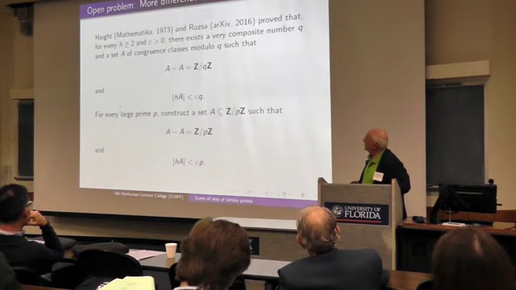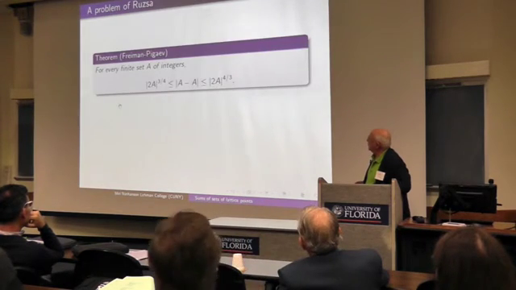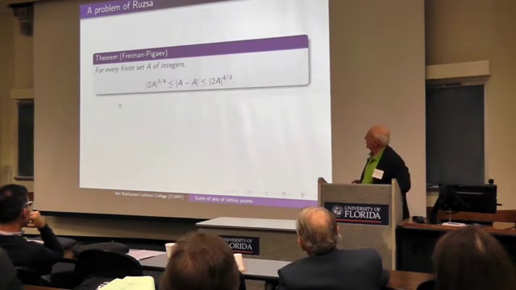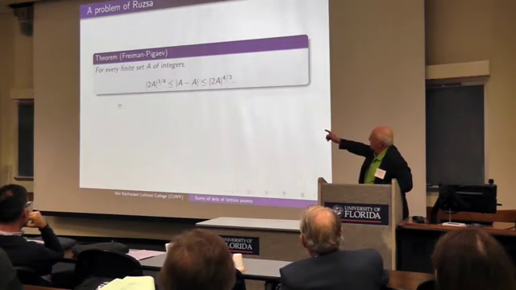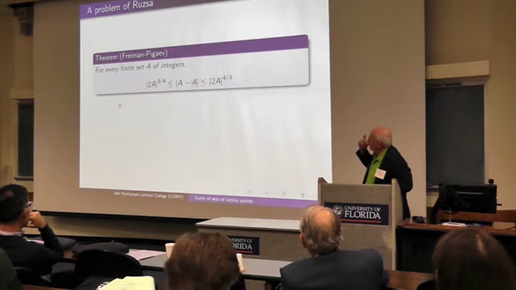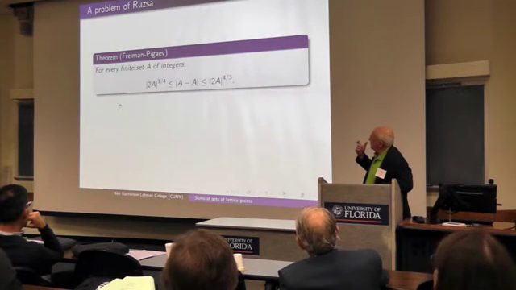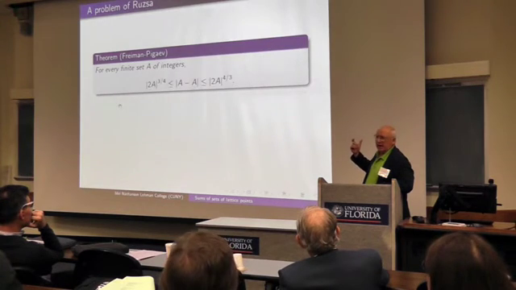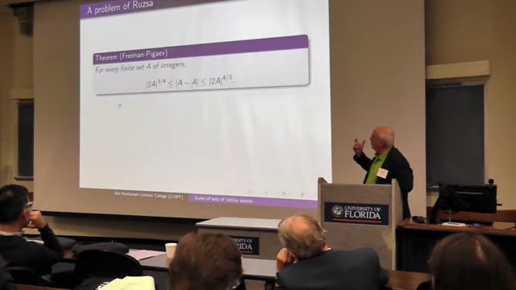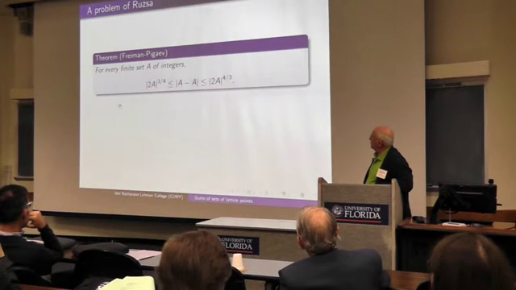And so Ruzsa actually also in January of this year put a preprint up on arXiv on exactly the subject. I just mention this because it's related. It's very interesting. It's complicated, but the difference set and the sum set, you can have a smaller difference set than sum set or a smaller sum set than difference set, but the differences can't be too big. And so this is an old inequality of Freiman and Pigarev,